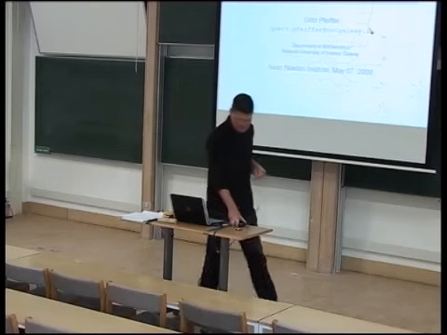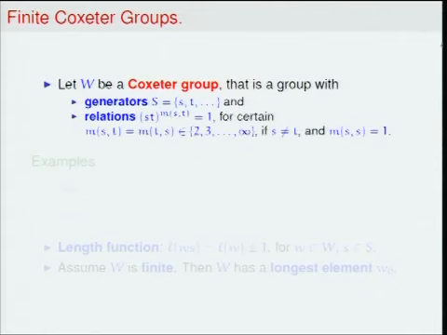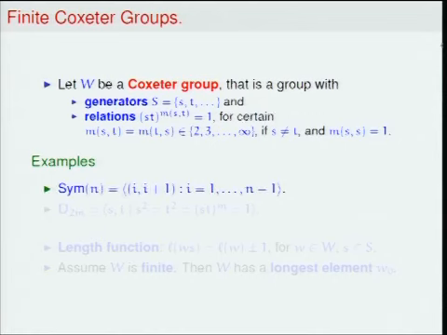So to start from the beginning, let W be a Coxeter group. That's a group with a particular set of Coxeter generators, called S, the generators little s, little t, and relations which basically give the orders of products of 2 of the generators, and the generators themselves are involutions, as for example in a symmetric group generated by these basic transpositions, or dihedral groups generated by 2 involutions whose product has order m.